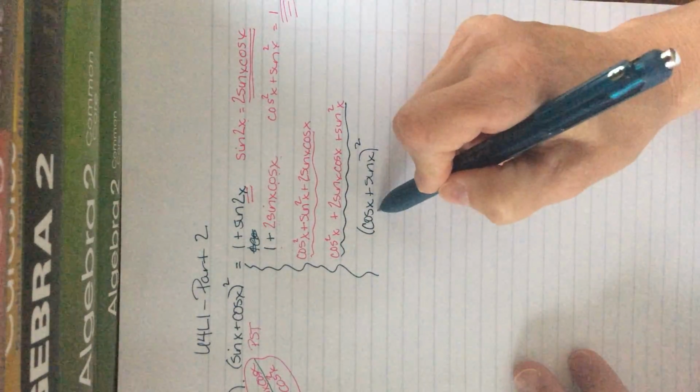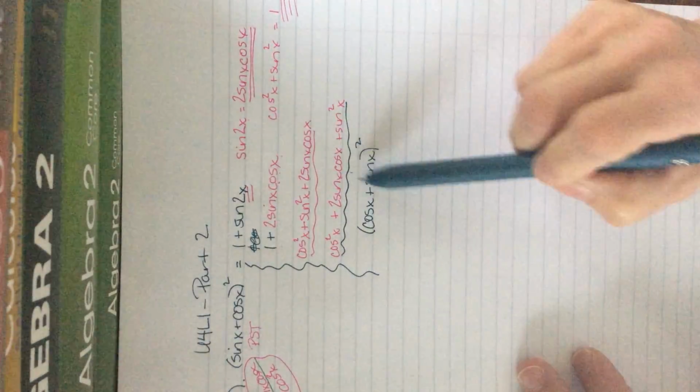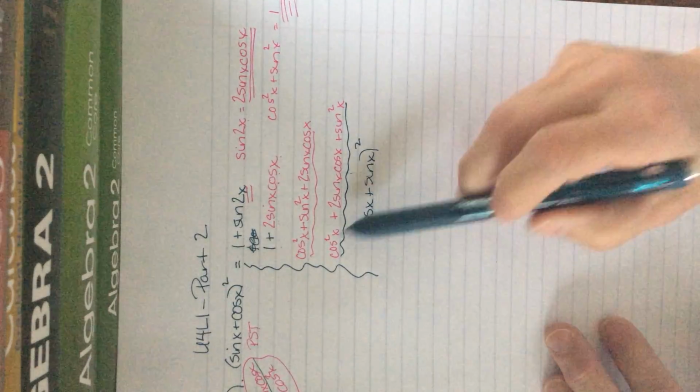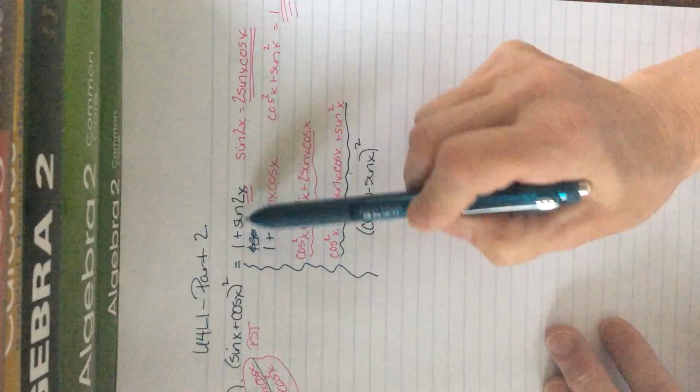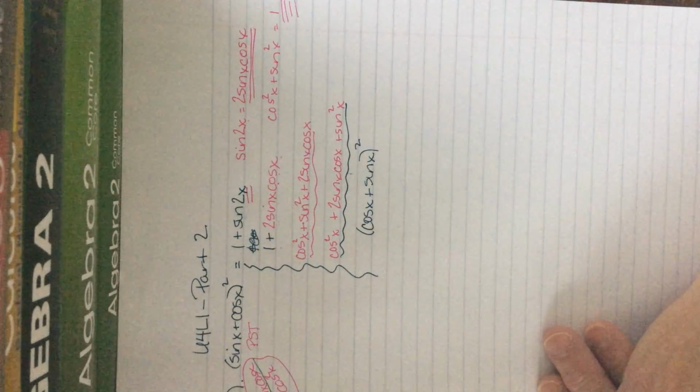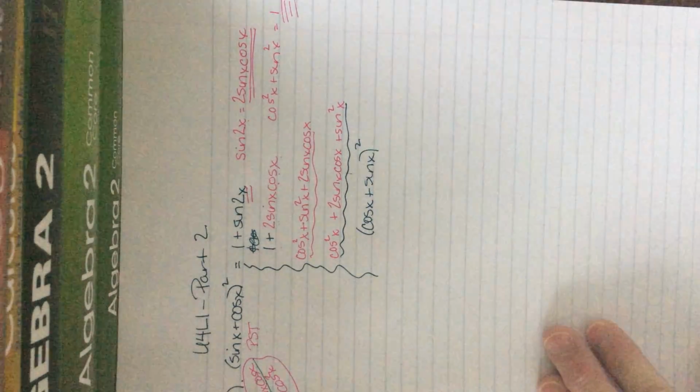And so this is the process that we used to prove that (sine of x plus cosine of x) all squared equals 1 plus sine of 2x. Okay, let me